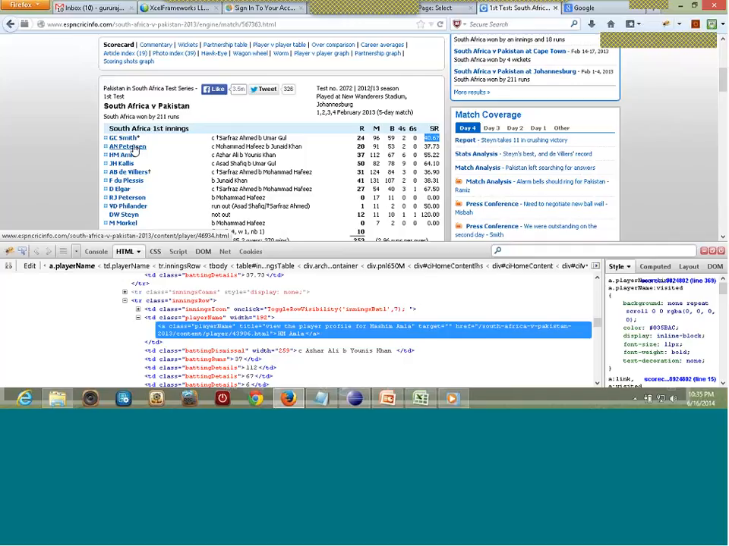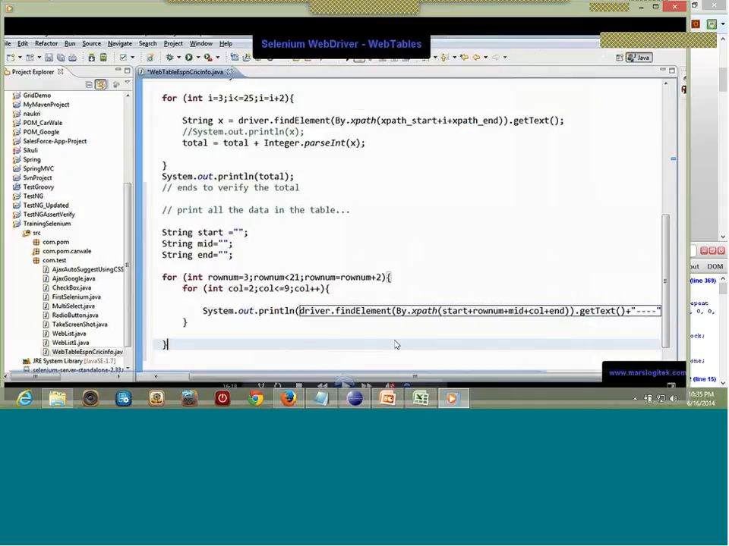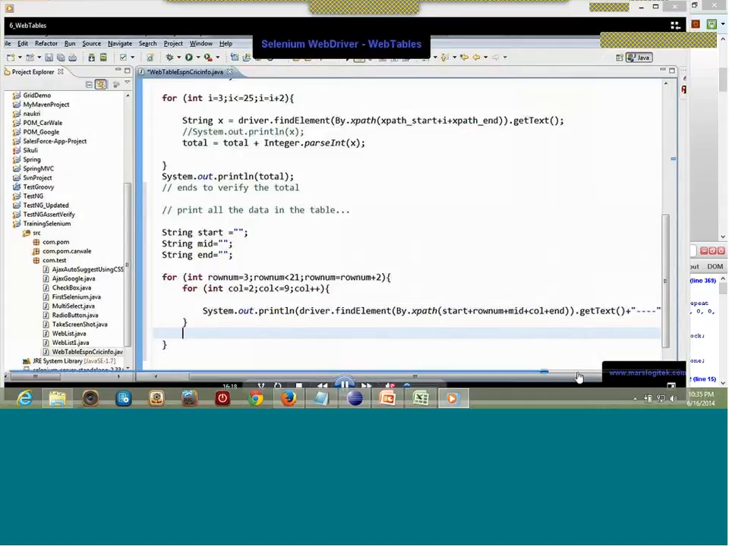Next row is nothing but Peterson. You will get the data. It will keep on going until it reaches the end of the row and the end of the column. That's it. The loop will stop there. So all the values just print on the screen. That's it. If I run this right,